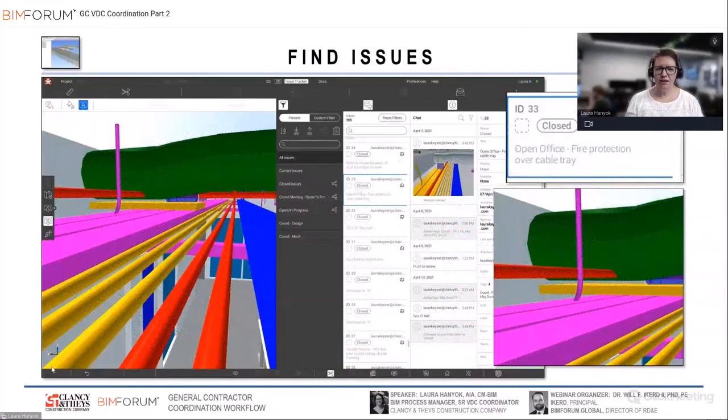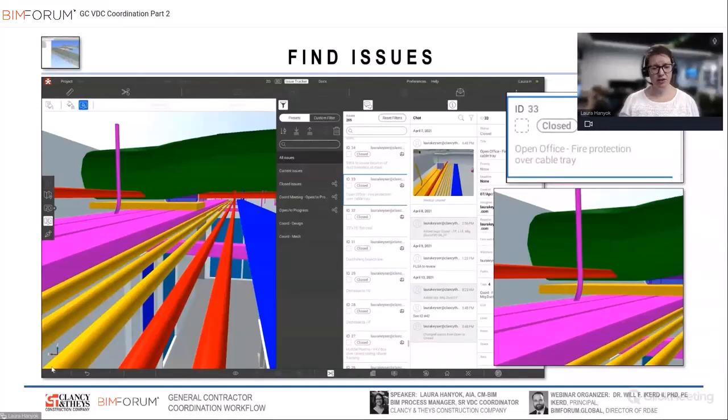We'll then start to move into things that have more flexibility. In this case, what we see in red here is fire protection, green is duct, and pink and yellow are electrical. We could clearly see that we had a sprinkler line going through duct here, so that would have to be fixed. However, we also had someone on the electrical side comment that we needed access above this cable